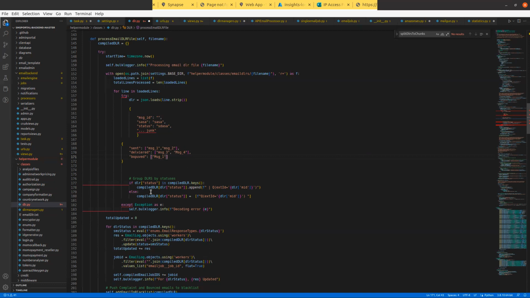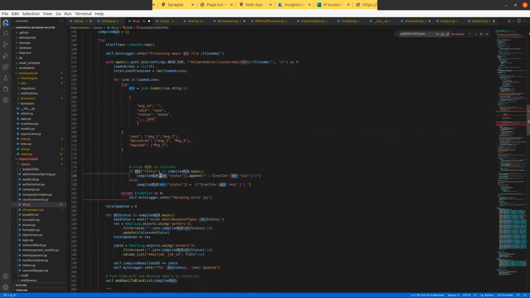So it's called compiled DLL. As you can see, the DLL status becomes the key. So the key is sent, delivered, bounced, sorry, and then we do this. For those who've worked with Python and Django's models, I'm sure you are familiar with this. Or do I need to go over what this does? So what I'm doing over here basically is,